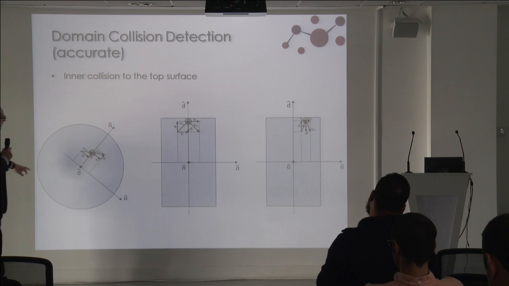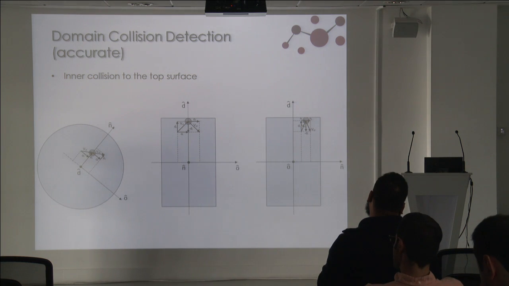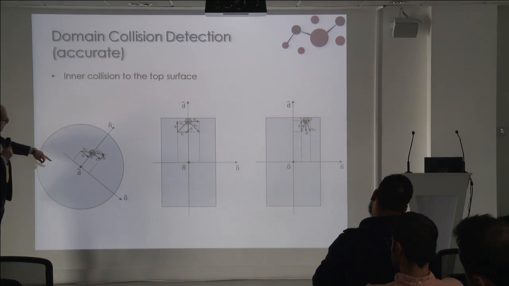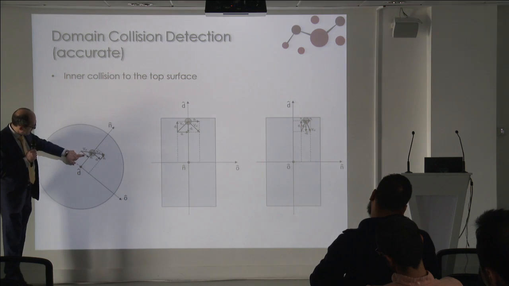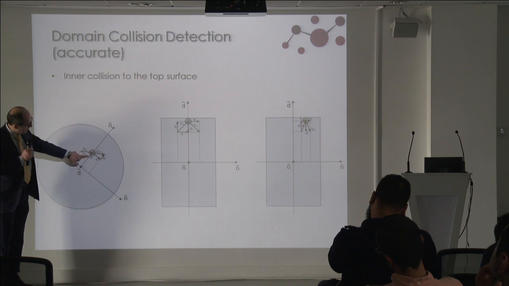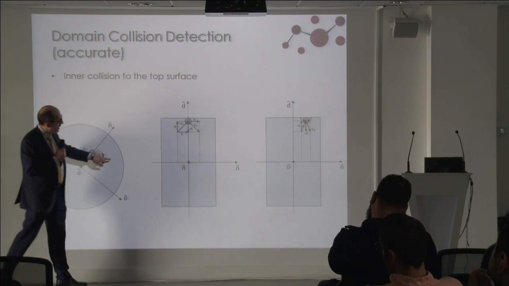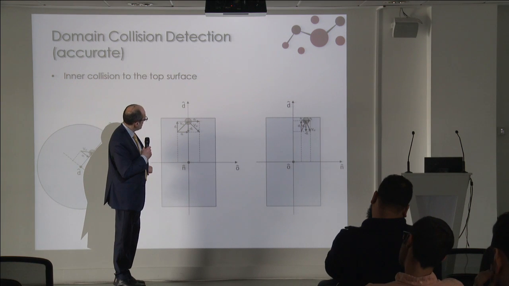So we split the velocity vector over three axes. We project the vector over three axes, and these two components remain unchanged. This one and this one, the normal one and tangent one, remain unchanged, while the normal component changes its sign